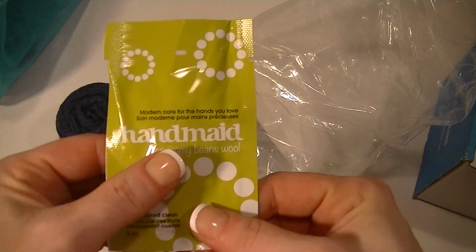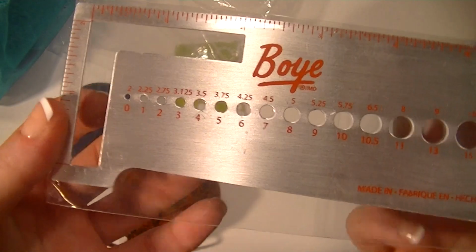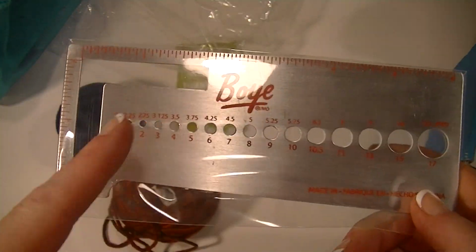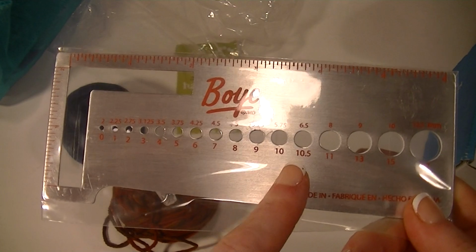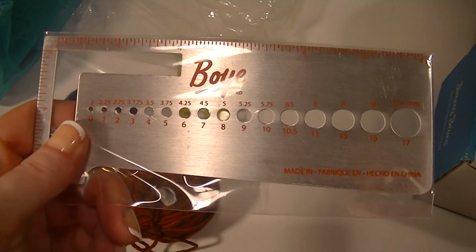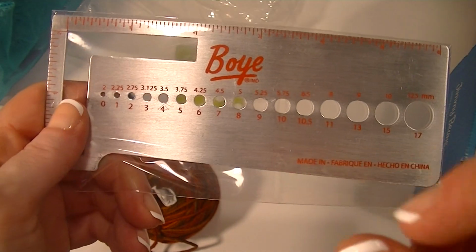Handmade. This is actually a little lotion packet, and I like this lotion. And, ooh, it's a metal. This is a gauger. This one is to gauge stitches for patterns. And this is so if you lose your crochet hook, or if you don't have your knitting loom,